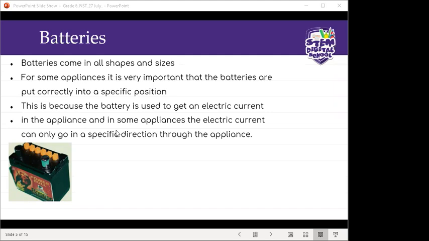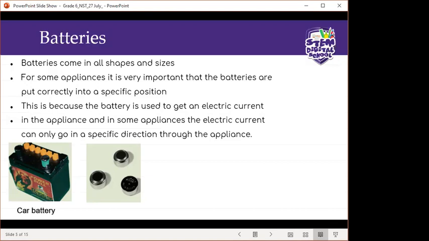So I see most of us in the group chat, Shakira, Kamahelo, Josie Lee, Kia, says it's a car or a motor, and that is correct. It is a car battery. Okay, and these next batteries, where are they used, or what do you think they are used for? Okay, let's hear. Triasha?